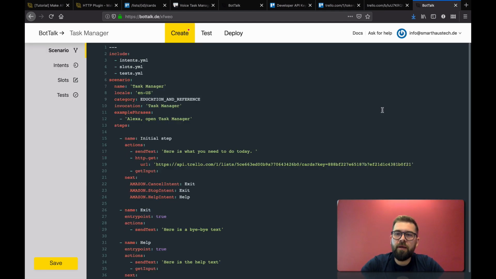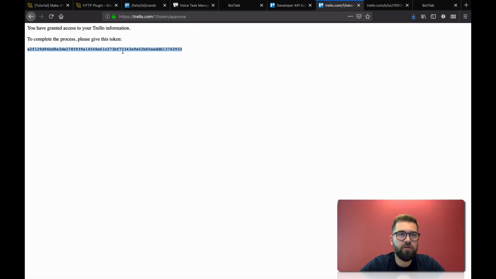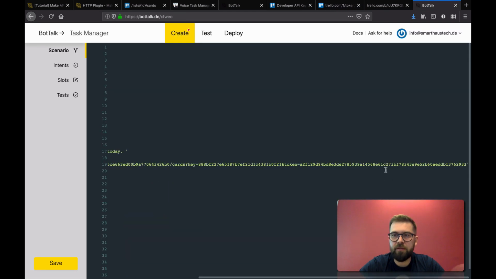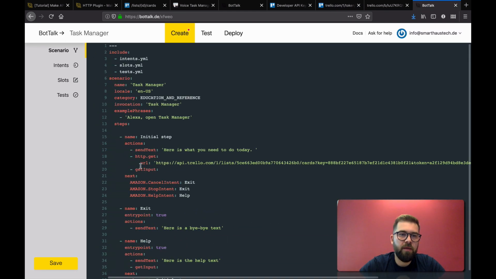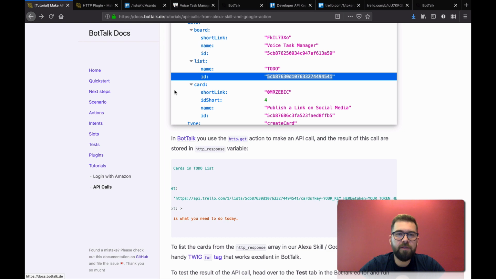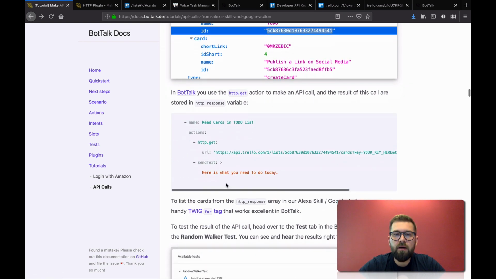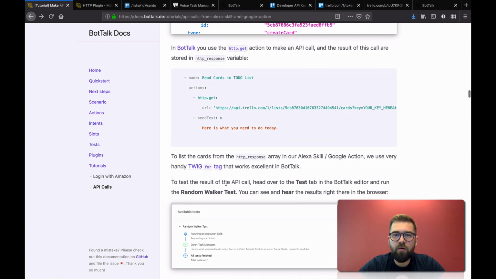Okay, let's put it right here. And your token is going to be the token that was generated. Once again, copy and paste it, and this is going to be your token. Perfect. So this is the kind of thing that we do. We request this API, and after requesting this API,